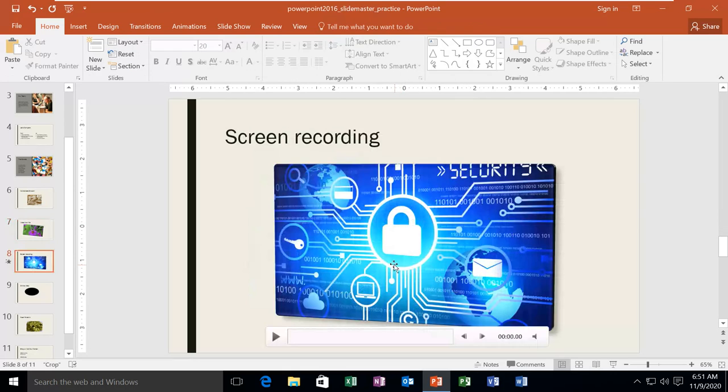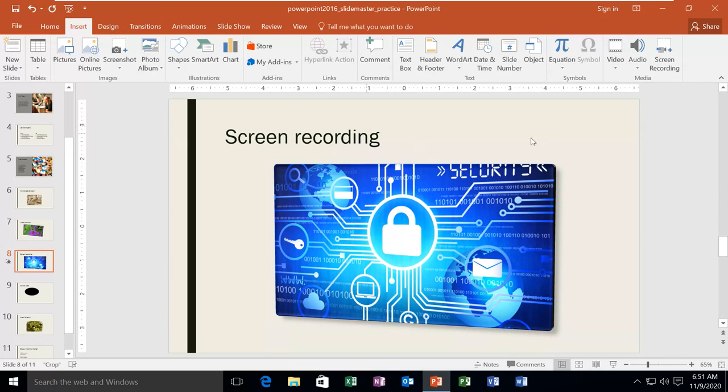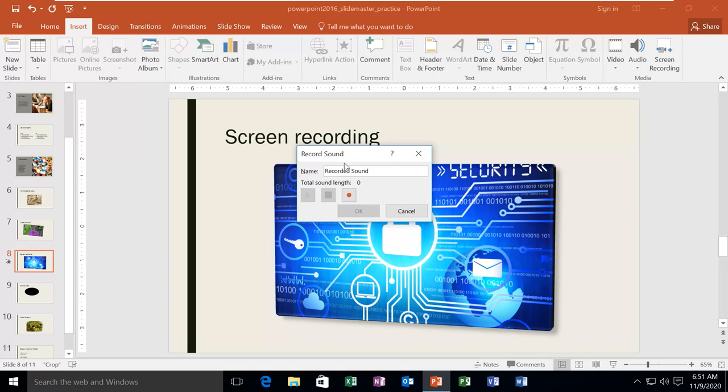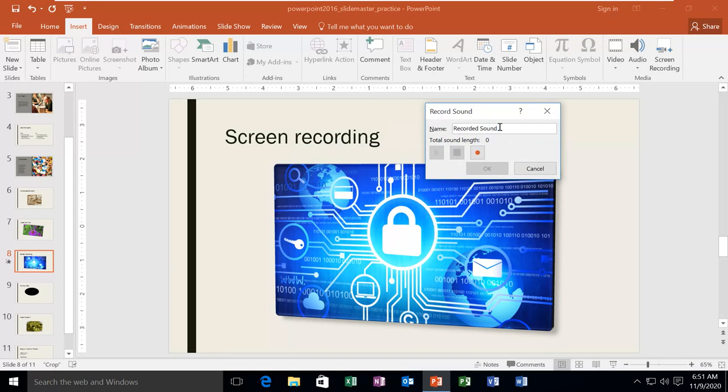Or you can even record your audio. If you want to record your audio, then you go on to select Record Audio. Now when I click on it, it opens this dialog box. You can name it. This is for slide number 8, and then you can start recording.